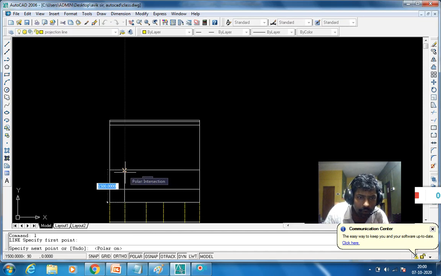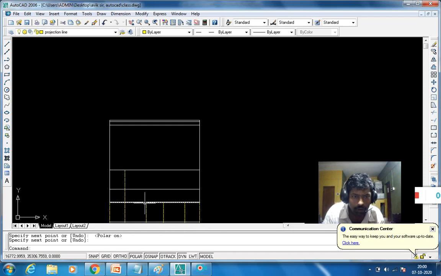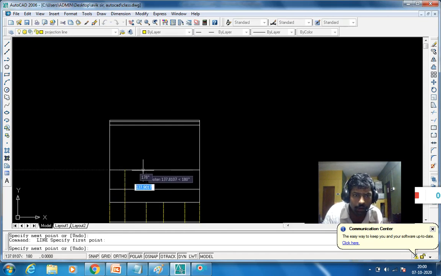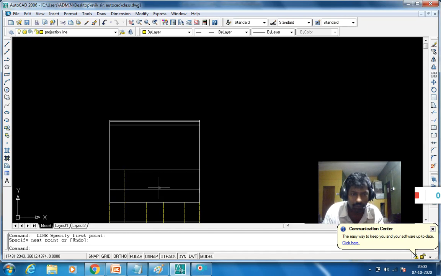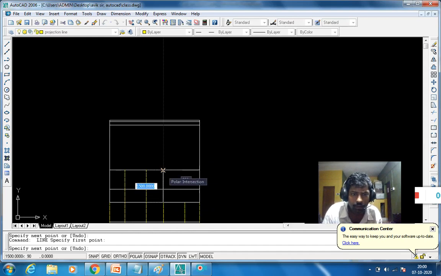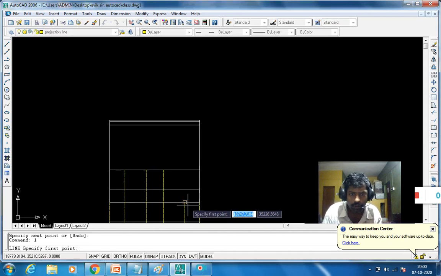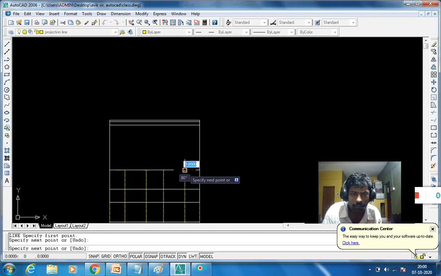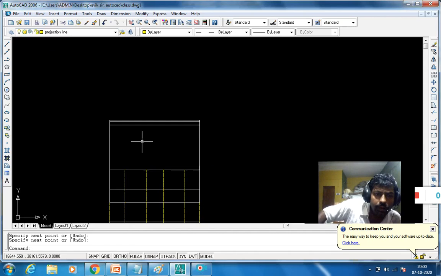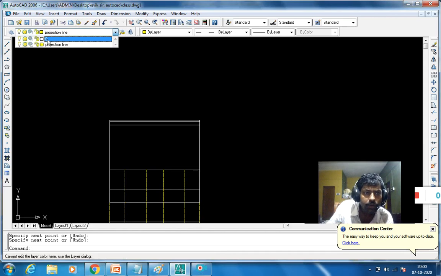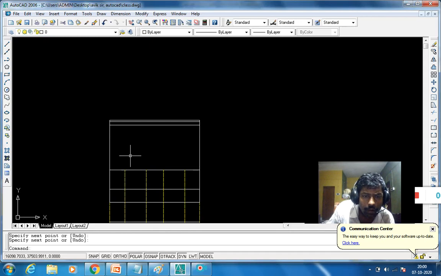Enable polar mode, again press spacebar, again press spacebar, press spacebar, select the layer, 0 layer, okay.